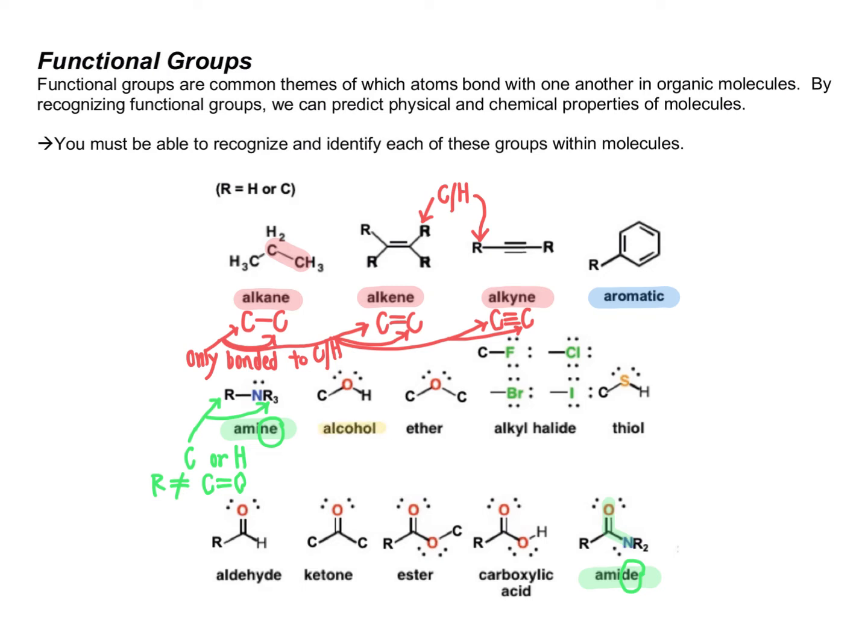we have alcohols, and alcohols are going to refer to molecules where we have an OH group, like so, directly bonded to a carbon, and I should note that that particular carbon atom cannot be a carbon-oxygen double bond. If that was a carbon-oxygen double bond that is directly connected there, instead of being an alcohol, the group would instead be a